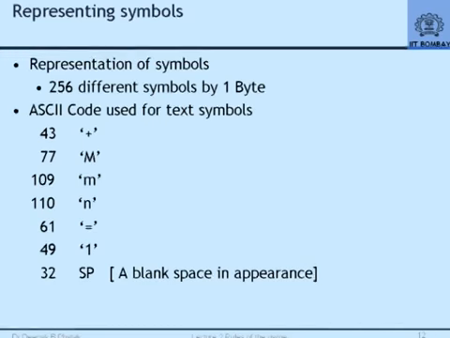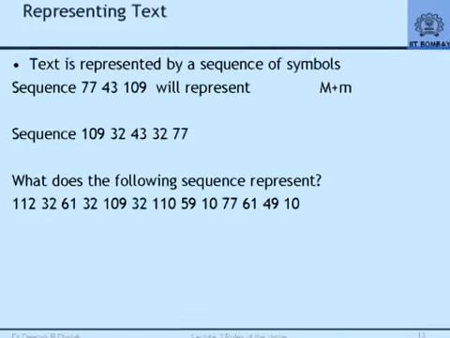There are some additional symbols, like the plus symbol is represented by 43, the equal to symbol is represented by 61. What is 32? SP is a blank. So you see, you are typing, I am typing my name, Deepak Phatak. I want to give a blank in between. Now what appears to me to be a blank is actually a symbol, and it has a numerical value which happens to be 32.